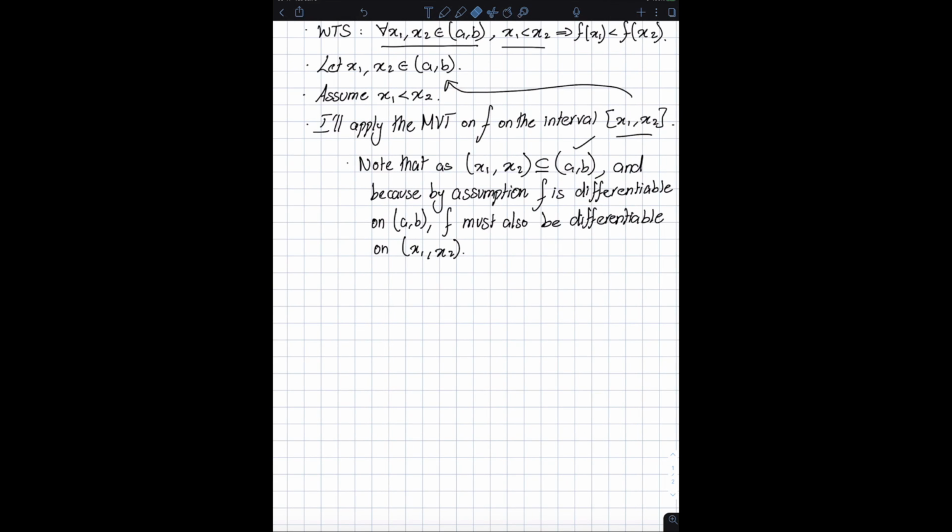Now we need to verify continuity, and this is where it gets sometimes a little bit tricky. So since f is differentiable on the open interval a comma b, it must also be continuous on the open interval a comma b. So you can verify this. Differentiability implies continuity. So if a function is differentiable on a particular interval, it must also be continuous on